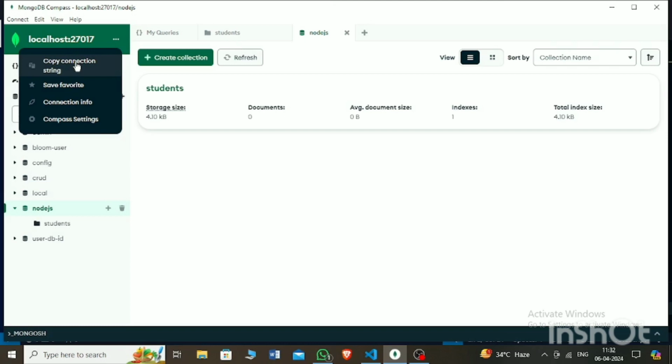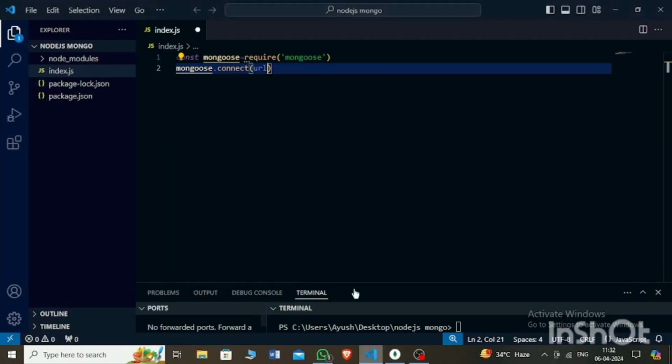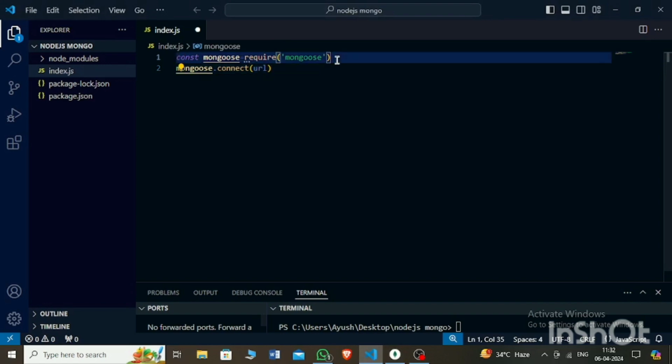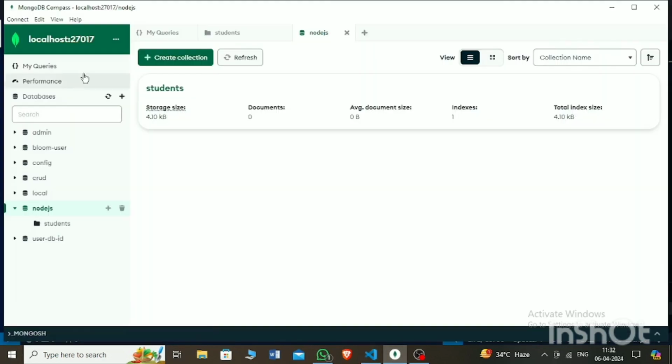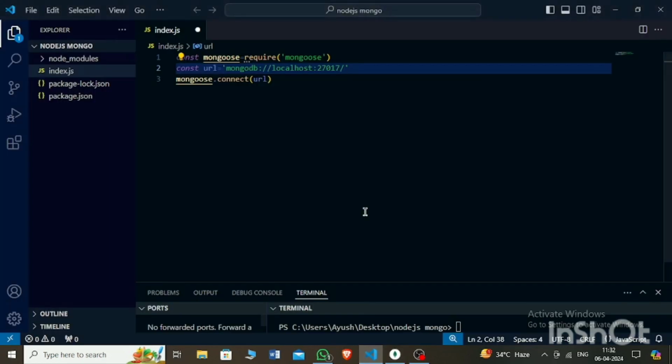So we will create the connection path and make the URL variable and give this path, and after this path you have to add a slash and write the name of the database you want to connect. In case it is Node.js, so I will write Node.js,